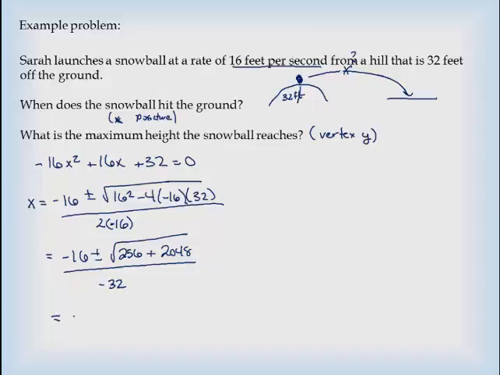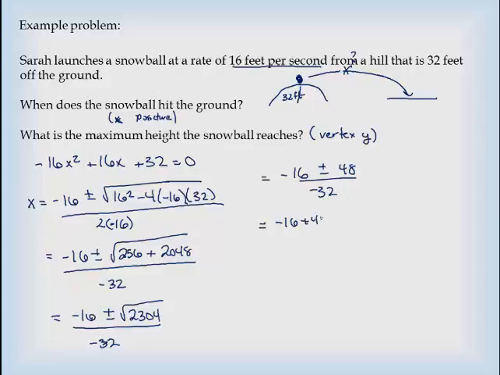Which will give me negative 16 plus or minus the square root of 256 plus 2048, which is 2304, over negative 32. The square root of 2304 is 48 over negative 32. So that gives me negative 16 plus 48 divided by negative 32, and negative 16 minus 48 divided by negative 32,